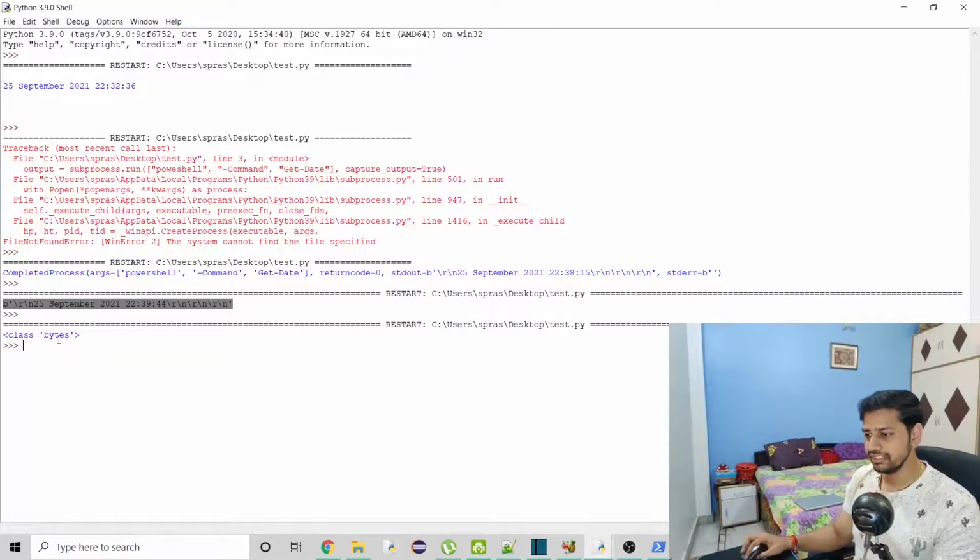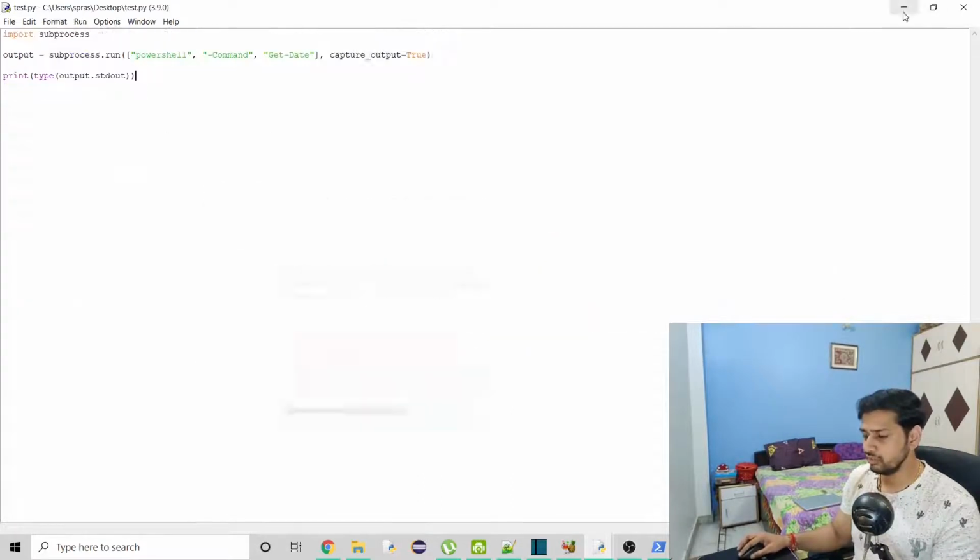So here you can see that the type is bytes, and that's why we are seeing this weird data. So we have to convert bytes to string so that we can see something pretty enough. To convert that, I have to decode this to string.